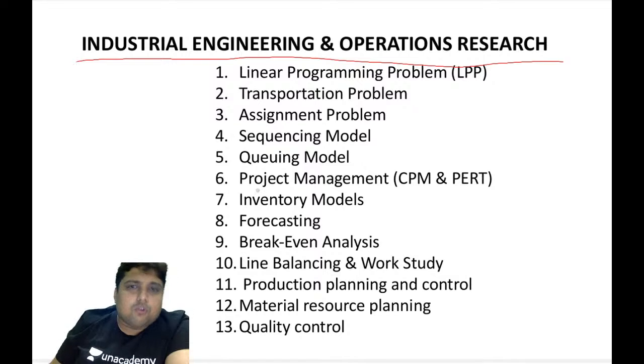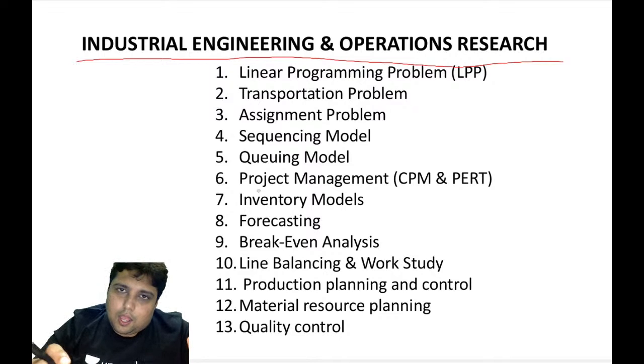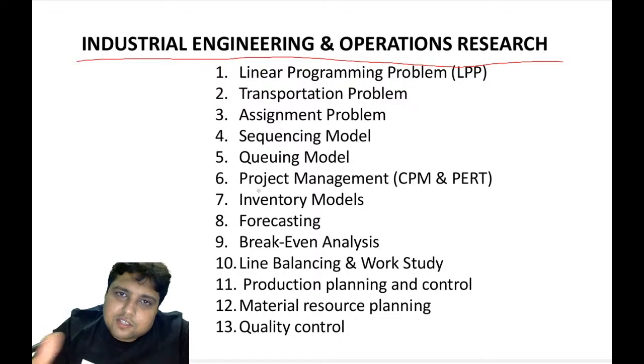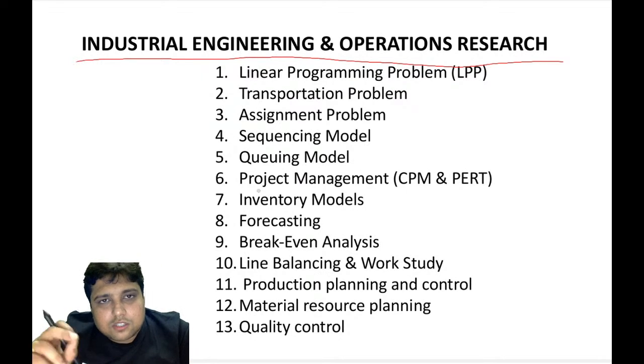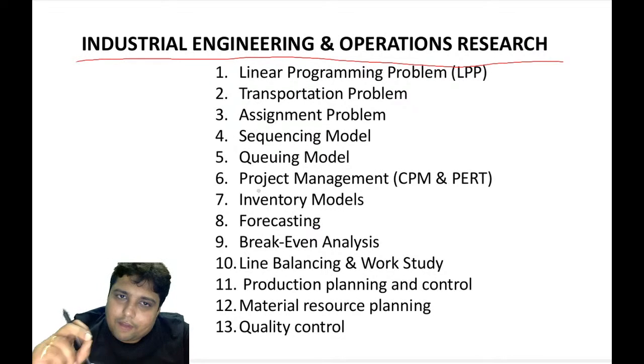I tell them, no, there is no such difference. You have to go through these 13 topics. These 13 topics are very important. How do I know this? Because in the previous year examinations of GATE and ESE, questions have been constantly coming in the paper from these 13 topics. So we have to look into these 13 topics briefly,